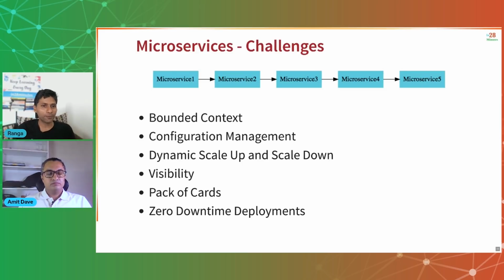And another big problem with the microservices architecture is, let's say this microservice 5, all the microservices are depending on this microservice 5. If microservice 5 fails, then the entire application collapses, right? You'd start having a lot of things like that where your application becomes a pack of cards. So a microservice failing is no longer an option, or you need to have workarounds. What if microservice 5 fails? How can I come back with a proper response, or can I offer an alternative? If microservice 5 is down, can I do something and ensure that the upstream things are not impacted because of that?